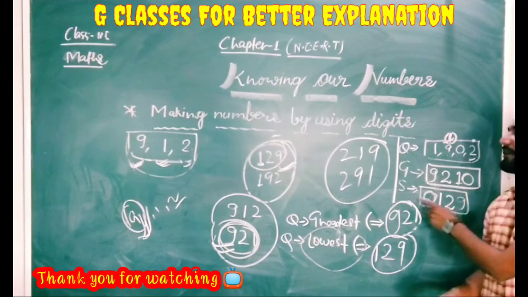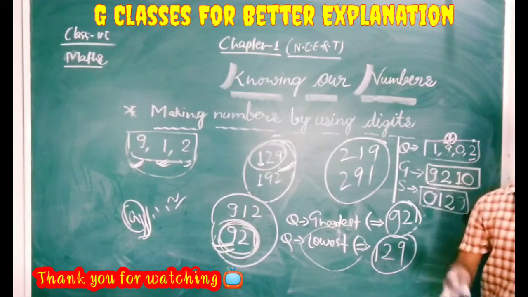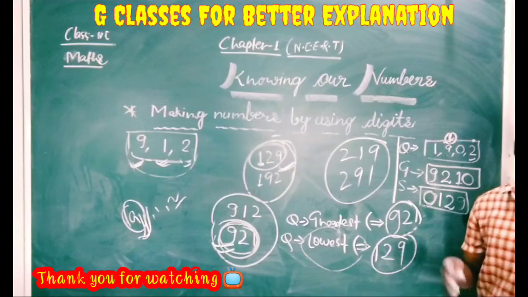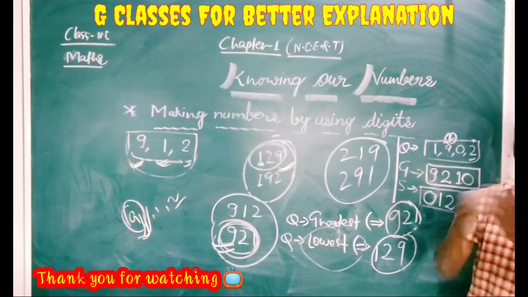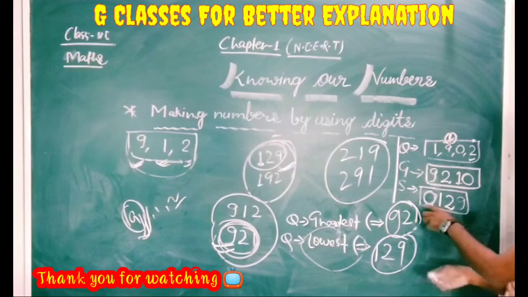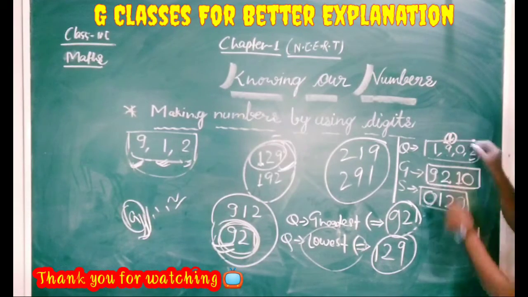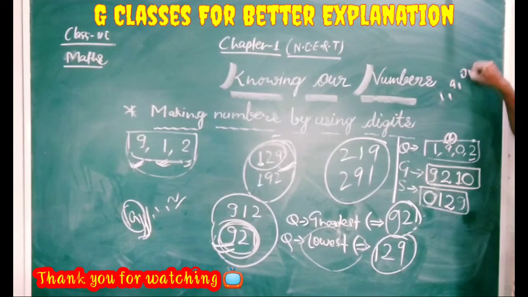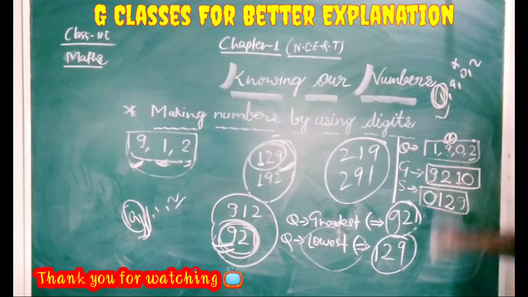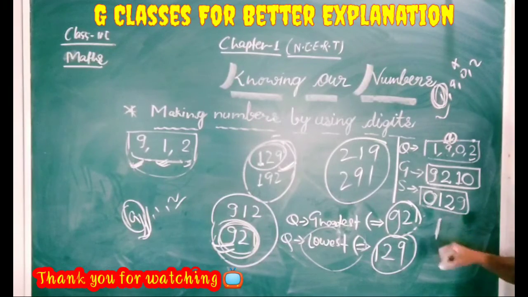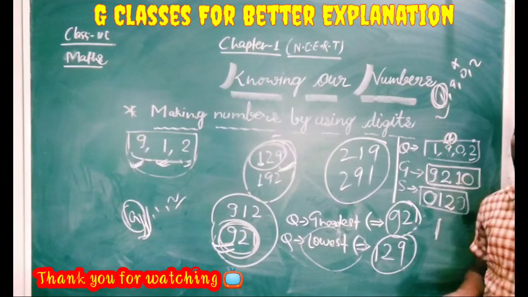If 0 is given in the questions, 0 will never be placed in the beginning. Then sir, where do we place 0? 0 will always be placed after one digit. So except for 0, you just find which one is the smallest one here. Out of 1, 9, 0 and 2, except 0, the smallest one is obviously 1. So first I will write 1 here, then after that you place 0. Always keep this in mind, this is very important for you all.